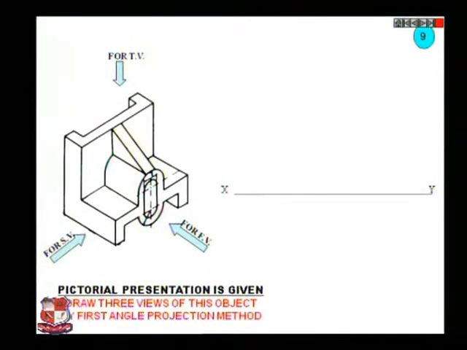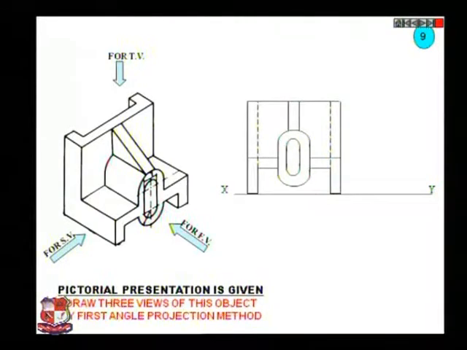In the 9th problem, first we draw the XY line and try to draw its front view, top view and side view on your own, and I am giving you some hints. This is the front view, right? If you look from the front, this edge would be visible from here to here, from here to here, and all this. This is the XY line, not a solid line, right? And now this portion would appear as shown over here, and here